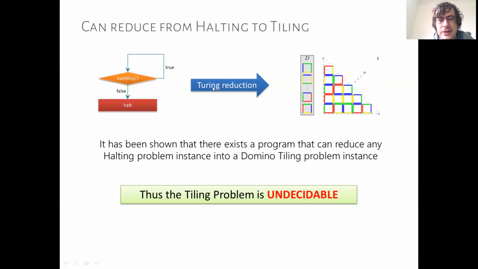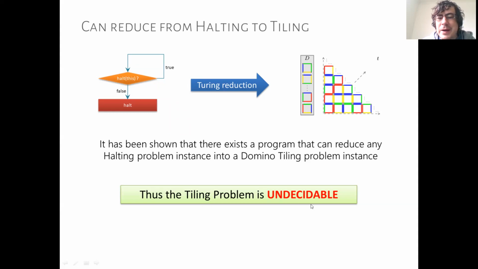So essentially a Turing reduction just means that we can write a program that reduces from one to the other. And the program has certain properties. It will always return an instance of the domino tiling problem. So essentially it's a program that, given an instance of the halting problem, can always reduce that instance to an instance of the domino tiling problem. So based on this,